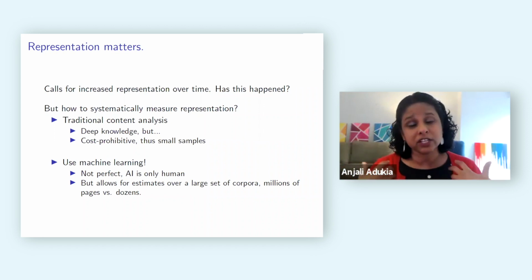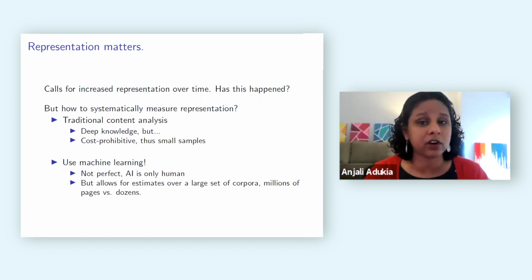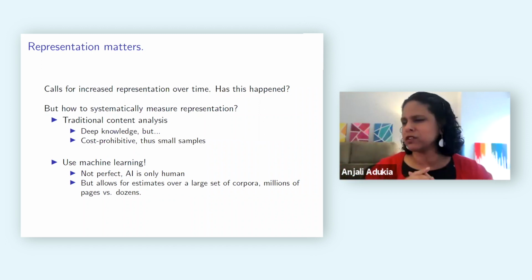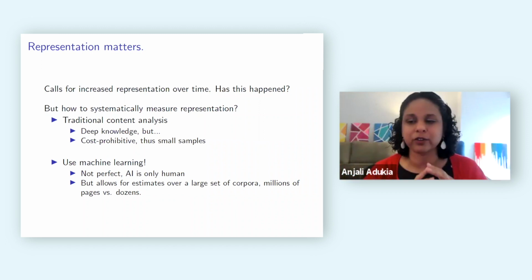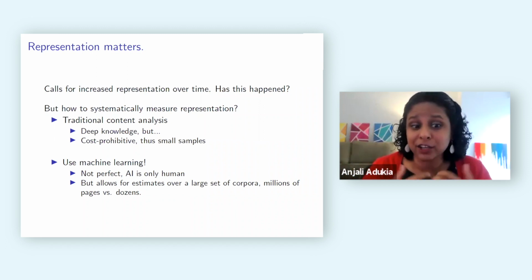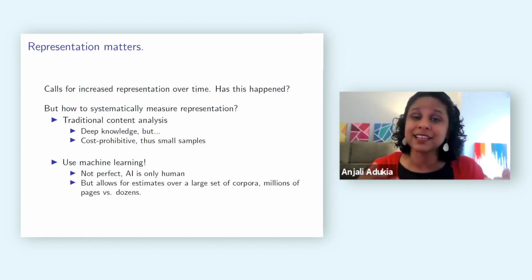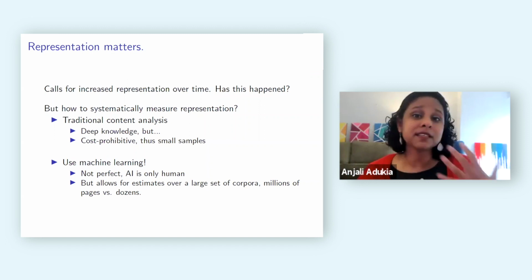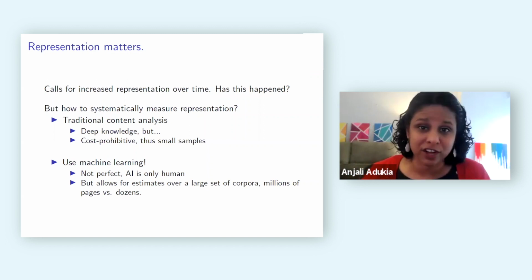And so what we want to do is really harness the power of artificial intelligence to be able to look at estimates over a very large set of corpora, where you can look at millions of pages as opposed to dozens. Now, of course, it's not perfect, AI, because it is trained by humans, it reflects all of the biases of human coders themselves, but this is the same problem that comes out of traditional content analysis as